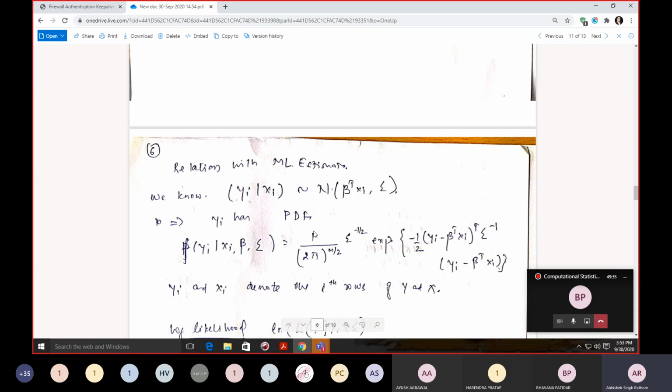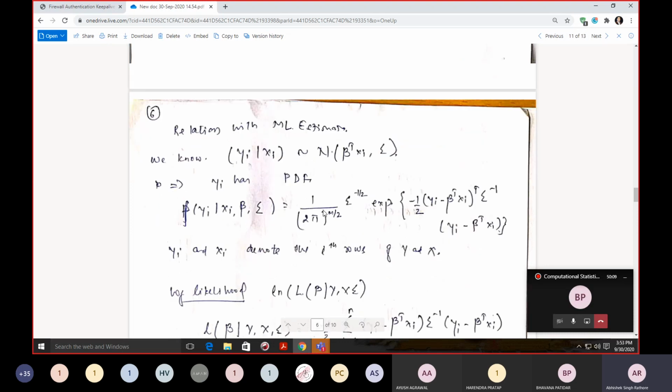So this is my formula of multiple normal distribution with m values: 1 upon 2 pi to the power m by 2, into your covariance matrix to the power minus 1 by 2, into exponential of x minus mu square upon your variance. So this is your covariance matrix. I just wrote it over here like sigma inverse. So this is our formula, and it follows a normal distribution over here.